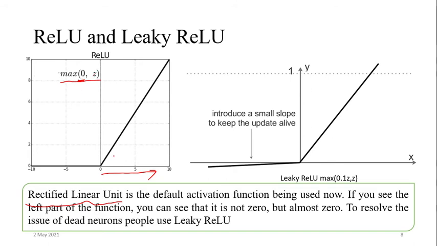Now what is the problem? It makes all negative values 0, but many times that is not a good idea. So then what we'll do is make a leaky ReLU. What is leaky ReLU doing? Leaky ReLU takes a smaller value for negative inputs but an equal value for positive inputs. So it is able to take care of the negative values as well, but their impact will be lesser.